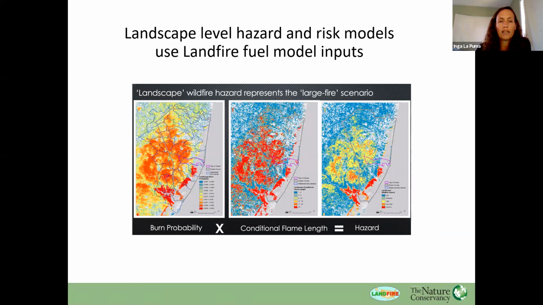And so a lot of the hazard models that we see use LANDFIRE fuel model inputs. So these are typically the surface fuel models and the canopy attributes.